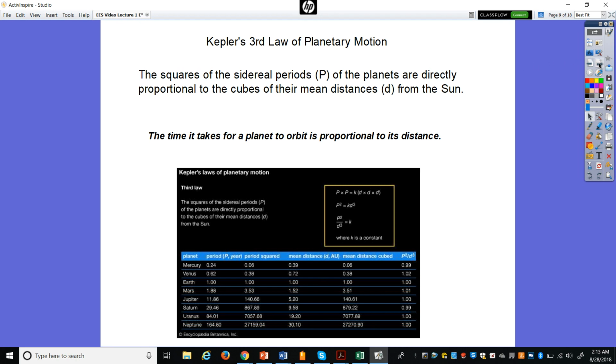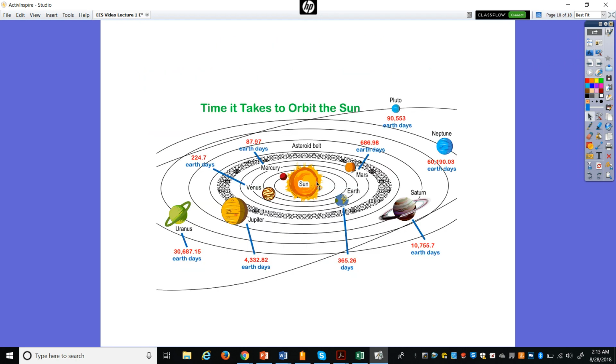But basically we have all of these planets orbiting the sun. Those that are closer to the sun, such as Mercury, can make their orbit in about 88 Earth days. Here we have the Earth. It's making its orbit in 365 days. That's a year. And then if you go further out, say to Neptune, it takes 60,190 Earth days to make its full orbit.